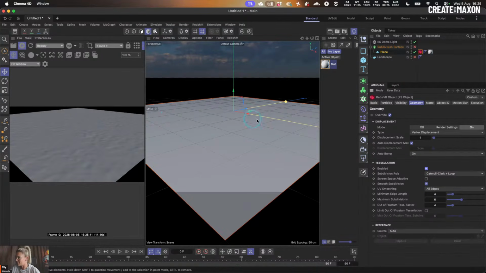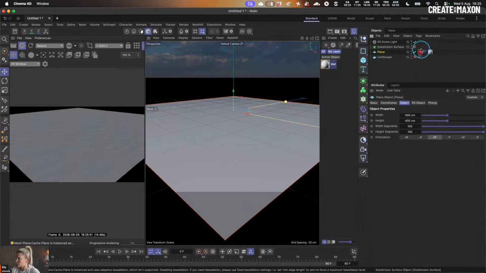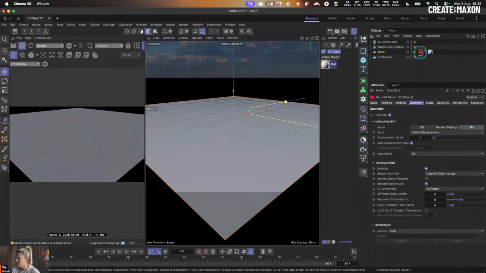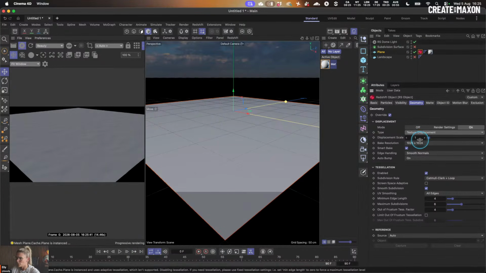Introducing texture displacement. I am going to pull this out of my subdivision surface, even though it was off, just to really show you. I'm going to come into here, change this drop down, and override it now to texture displacement. And ooh, all of a sudden, we're still in clay mode, and we're getting a result that actually looks pretty similar to what it should be looking like,